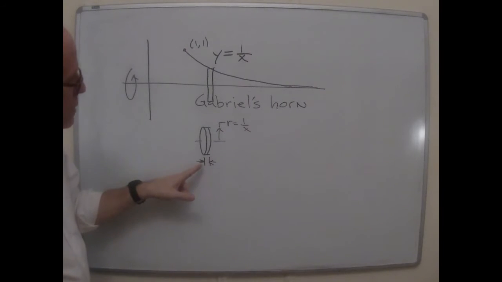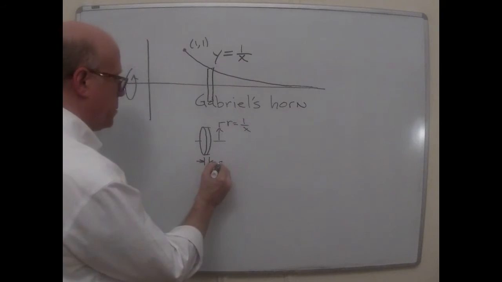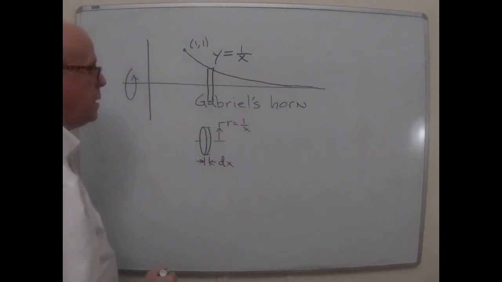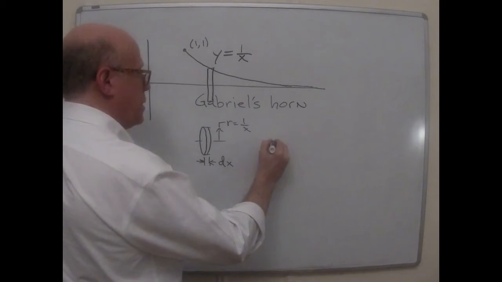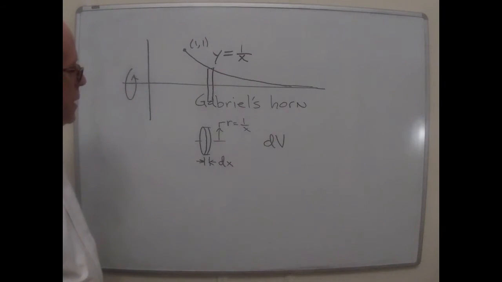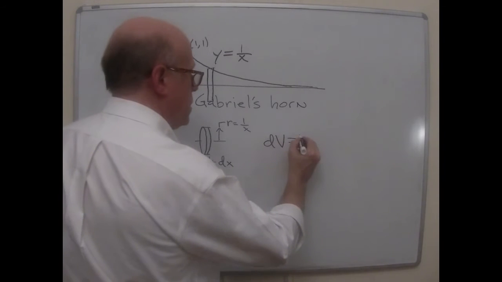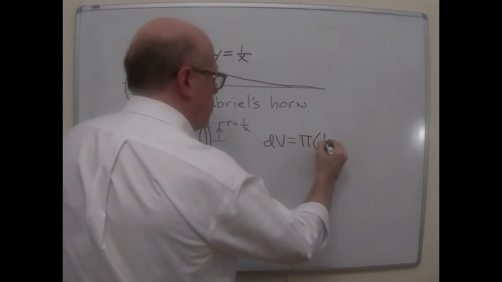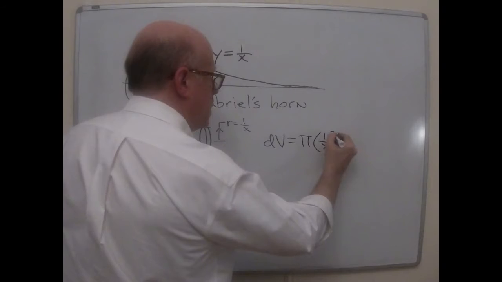So that's a little bit of differential length in the same direction as x. That's dx, which means the differential volume for that chunk of our volume is pi times the radius squared dx, or pi times (1 over x) squared dx,